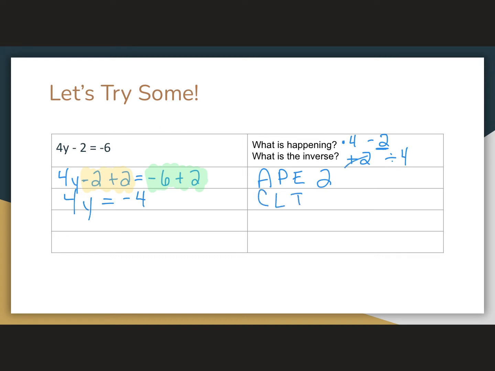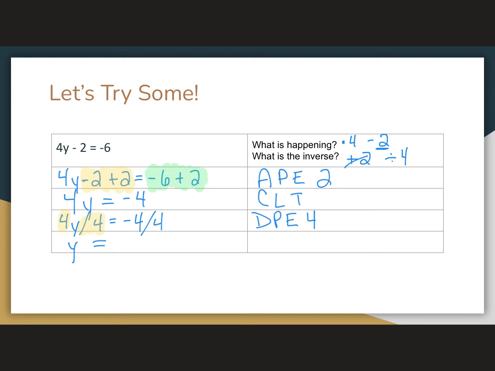Okay, so now I've done that. My next step is dividing by 4. I'm going to use my division property of equality to divide by 4. So I have 4y divided by 4 equals negative 4 divided by 4. Once again, I'm going to highlight the things that are going to go together. Divided by 4 and times 4 give me just y down here, equals